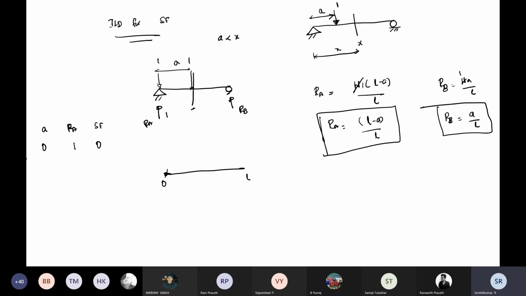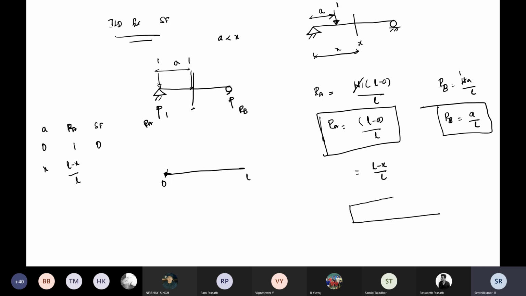Right? And then I'm keeping A again at that X. I'm just keeping it before X. Exactly, I can make this X now. So your value will be L minus X by L. Right? RA value will be L minus X by L. I just want to find the shear force diagram at this point. So what will be my diagram? This RA value will be L minus X by L. It will go like that.